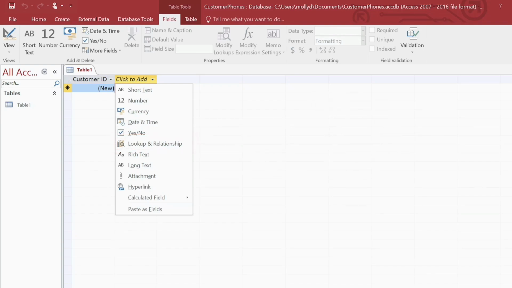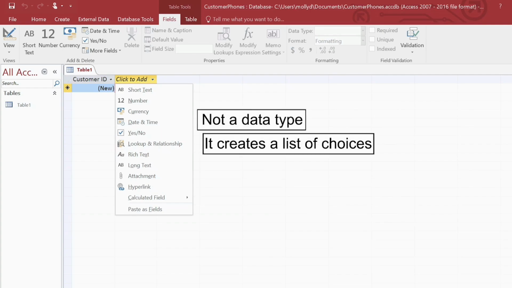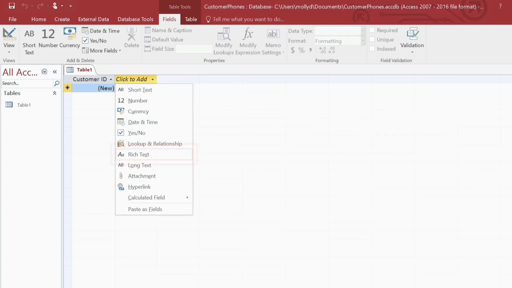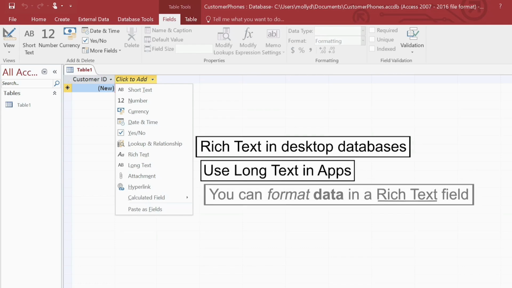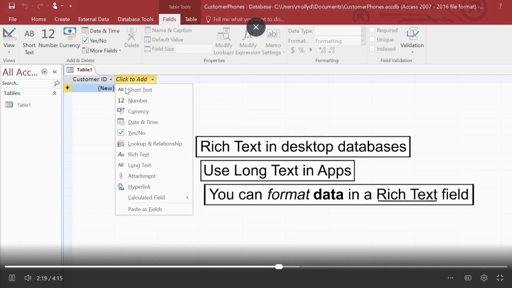Lookup and relationship isn't actually a data type, but you can use this to create a list of choices in that field. Rich text and long text both let you store a gigabyte of text. Desktop databases use rich text, and Access web apps use long text. The main difference between them is you can apply fonts and other formatting to rich text, such as bold and